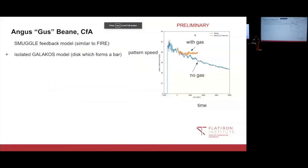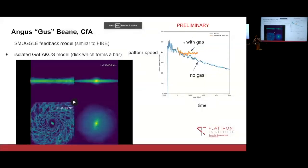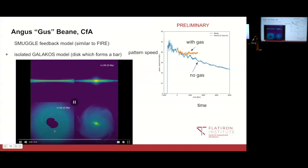Yay, success. Okay. Hello. My name is Gus. Well, my name is Angus, but I go by Gus. So I'm a grad student at the CFA. I run isolated simulations of disk galaxies. In particular, I run using this feedback model called Smuggle. So Smuggle is very similar to Fire, so you can sort of use them interchangeably in your mind. And what I'm mostly focused on is